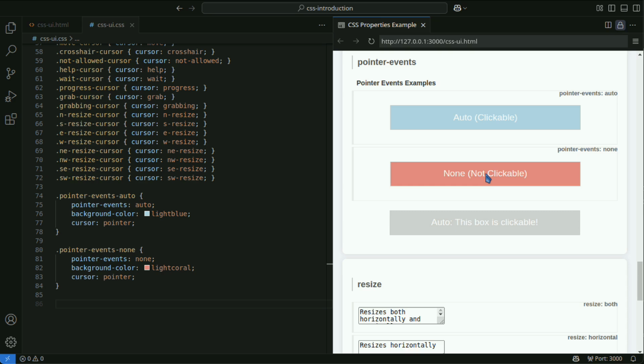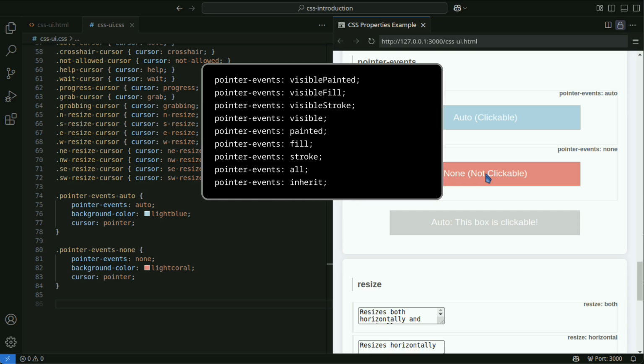The element disables interactions such as clicking and hovering, but other elements underneath can receive pointer events. These values are mainly used for SVG elements. Each value controls whether specific parts of an element, such as fill, stroke, etc., respond to pointer events. It is not commonly used with regular HTML elements.